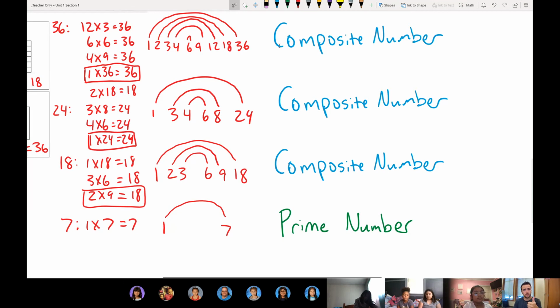Okay, does that make sense? Give me thumbs up, sideways, down. Okay, very good. So when you make your factor pair rainbow, if you only see one band, it's a prime